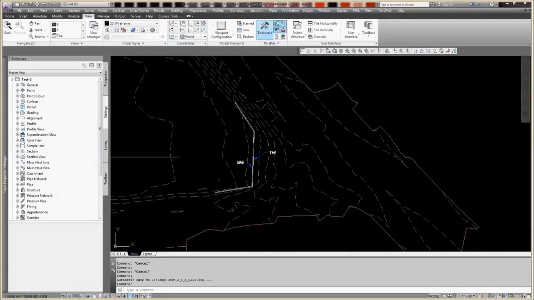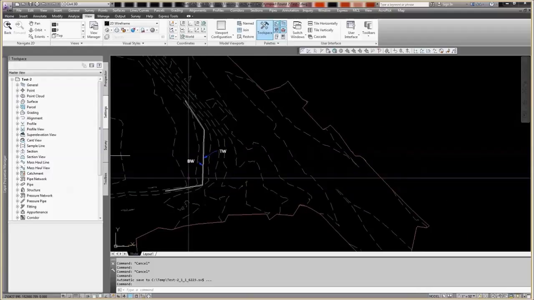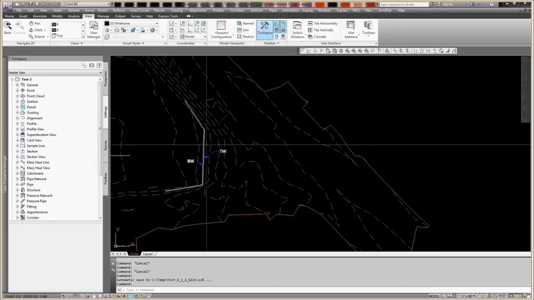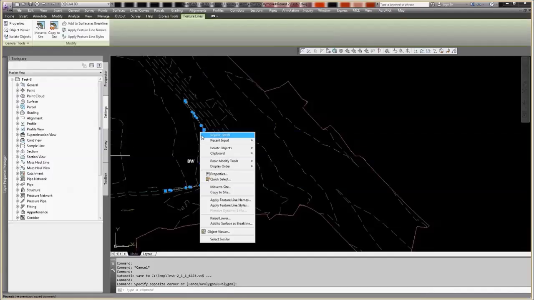So, calculating the face area of a retaining wall, and this is the exposed face area, not accounting for anything below ground, which I think is typical for us. There's a few ways to do it, but my favorite method is using the quick profile. So if I grab these feature lines and